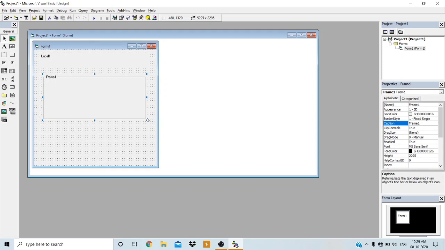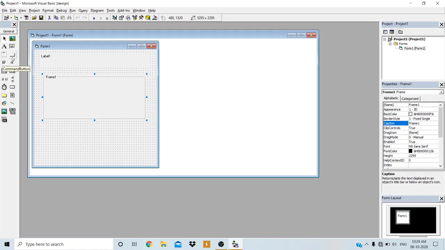The frame acts as the container wherein we are going to insert our two labels. First label is to display username, second label is to instruct the user, that is password. And here the first text box is to read the username from the user, the second text box is to read the password from the user. Just to hold those controls I am using the frame.